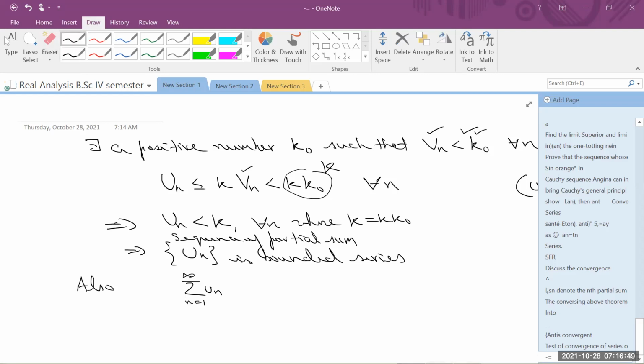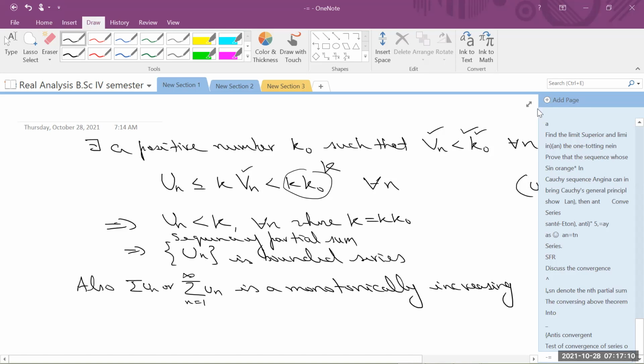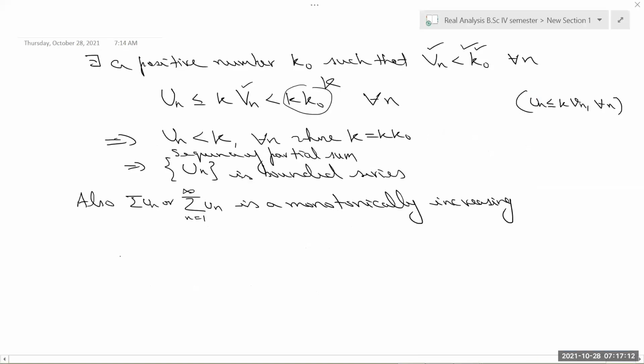So since this one is a monotonically increasing sequence which is bounded above,